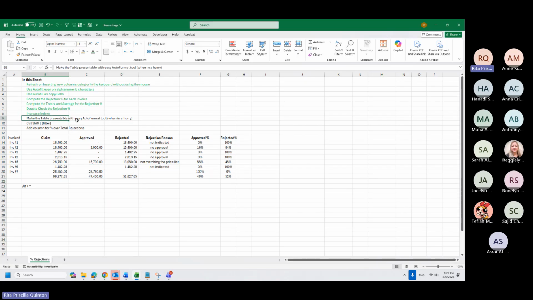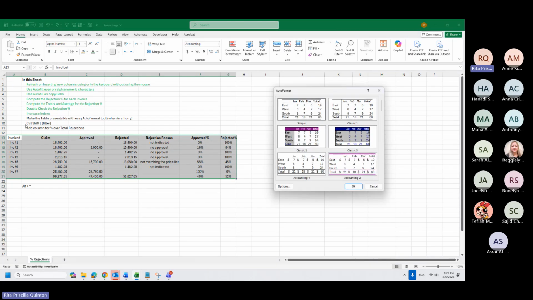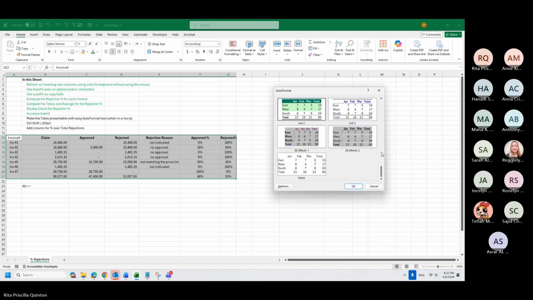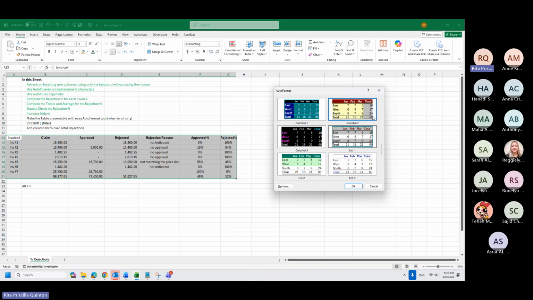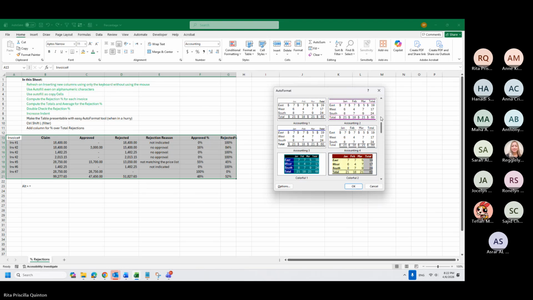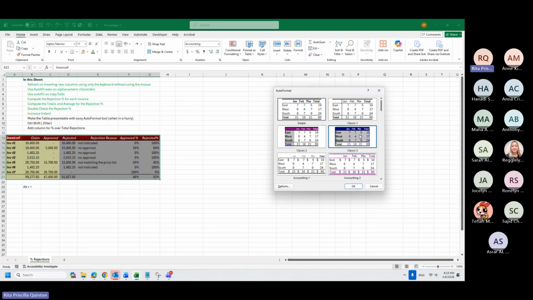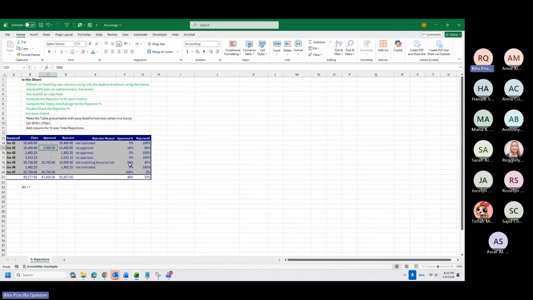To make the table presentable, I have another tool I want to show you, which is called the Auto Format tool. So it looks like this. If I click it, it will give me an option to choose what type of table, how it looks. Excel has this option. For example, I want to use this. If I press OK, then it will look like this. I can even change it again since I did not like the color, so I changed it.